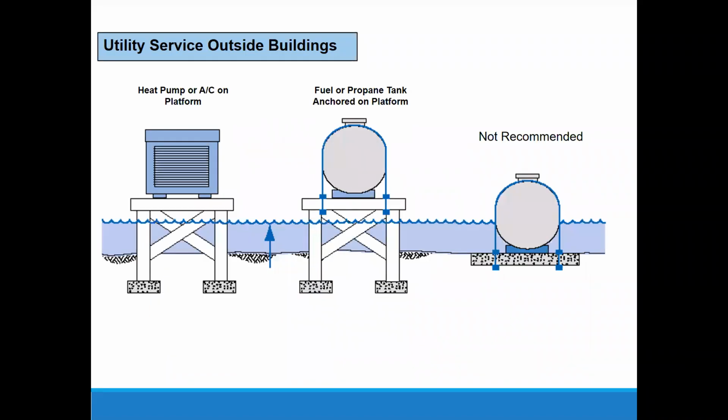Here's some utilities that are elevated, 3 common techniques. It says not recommended on one. Well, I see a lot of farmhouses in Kansas that use this method over here for their propane tank for their farmhouse, and it is anchored down, and it's not going to float away, and the propane doesn't get out when the flood water comes, and the flood doesn't get in and mix with the propane. So it's legal and it works. They just say it's not recommended.